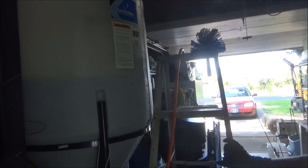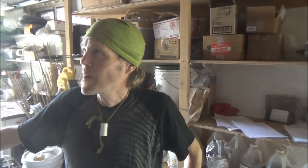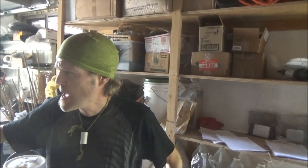So you fill this up like 100 gallons, or do you like half full? I only do probably around 95, something like that, because I've got the worm castings and all that right. That will fill it up, and some things I put in with water, like the nettles